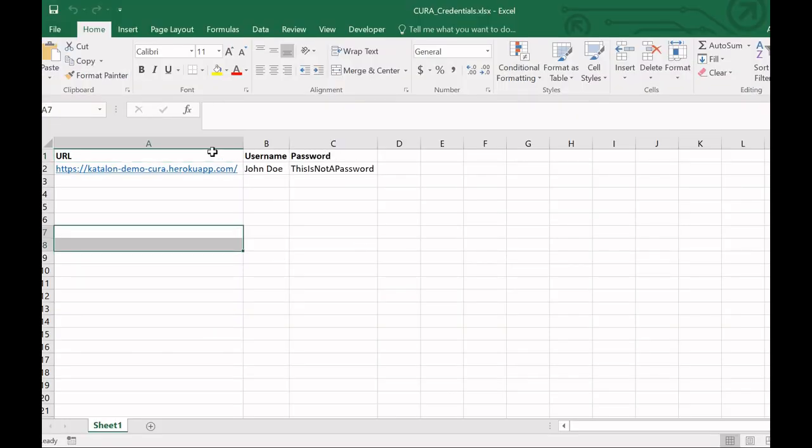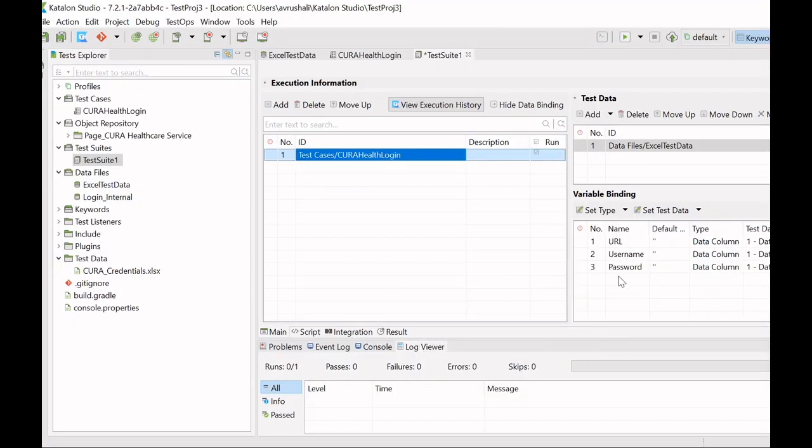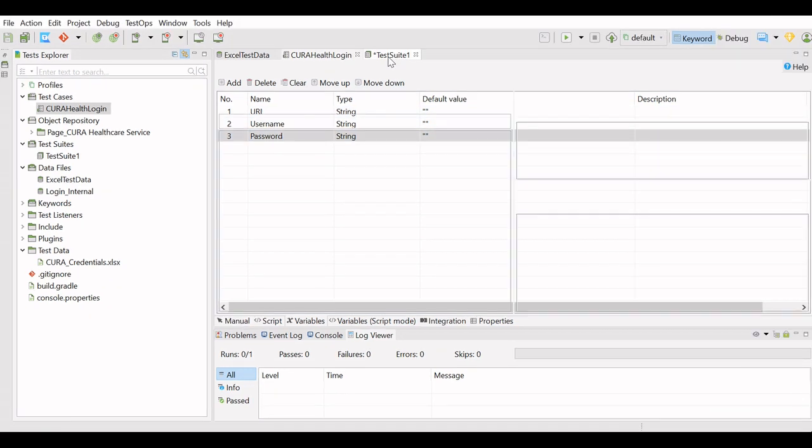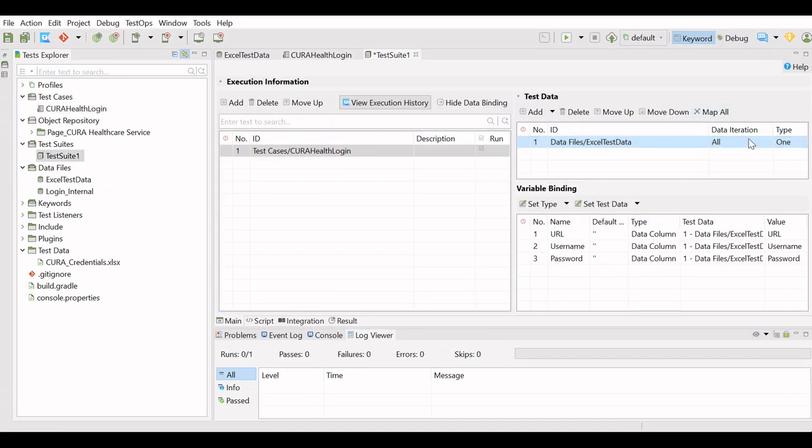It means the headers in the Excel file, URL, username, password, should be same as your test data variables in the test case. Only then you can use this map all button.